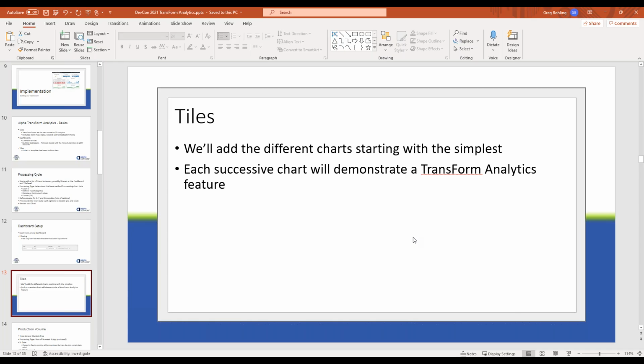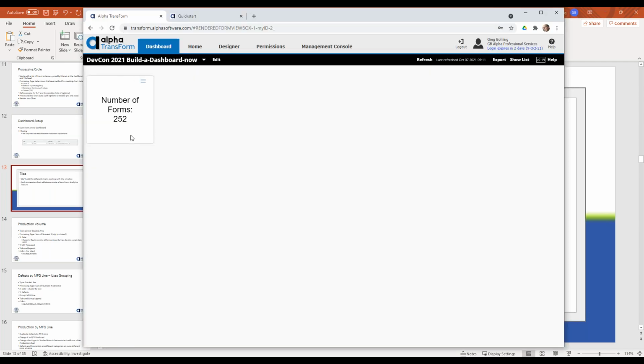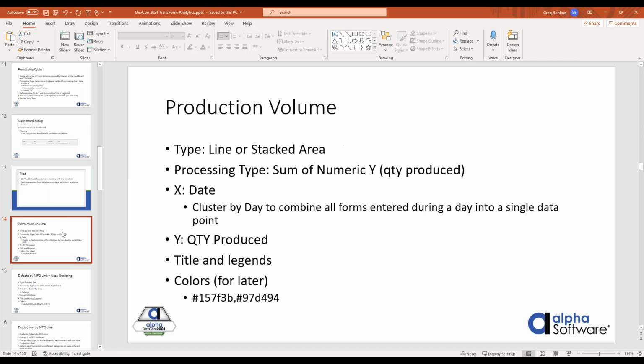That's probably not how you would go about it as you're doing your dashboard design. You're probably going to work on the most important tile and work your way down, right? But in this case, we'll do them in a little bit of a different order. So I am going to leave that default tile up here for now because I'm going to reuse it toward the end. But I'm going to start with production volume, right? So this is just going to tell us how much we have